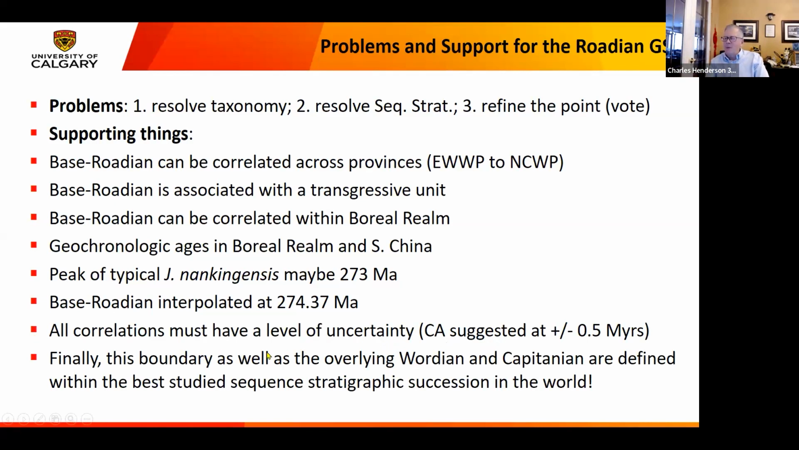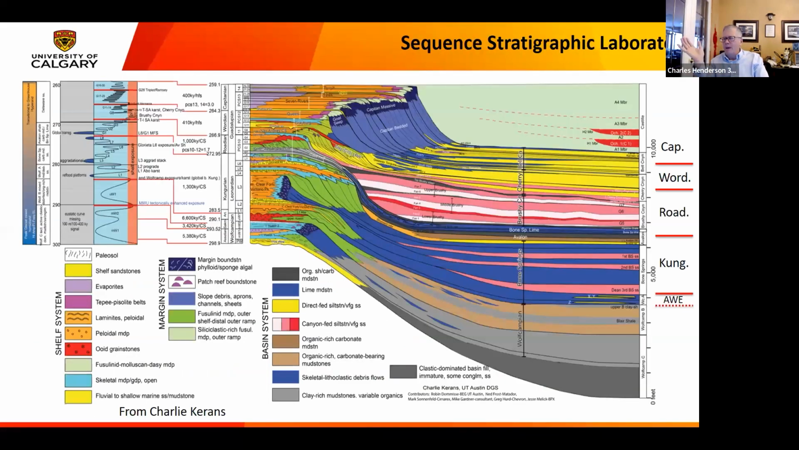And finally, this boundary, as well as the overlying Wordian and Capitanian, are defined within the best studied sequence stratigraphic succession in the entire world. And there's what it looks like. I mean, that is amazing. And I don't have time to go through the definitions for all these. We've talked about the Rhodian, and I've mentioned about